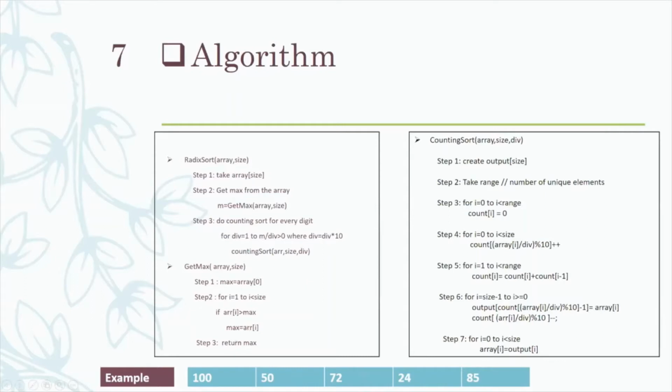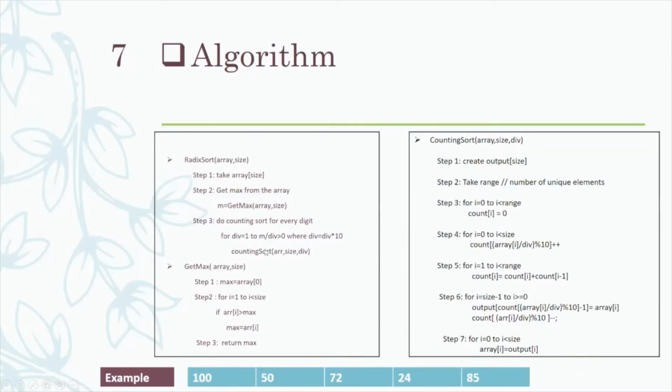First time we take an example, 100. First time div is equal to 1, then 100 divided by div, 100 divided by 1 is equal to 100, which is definitely bigger than 0. Then the counting sort executes. Same as the for loop is executed 3 times for div 1, div 10, and div 100. When the div becomes 1000, then the for loop will not execute.